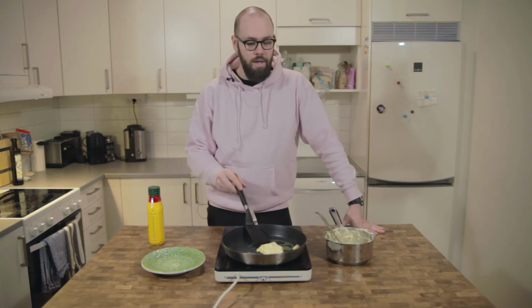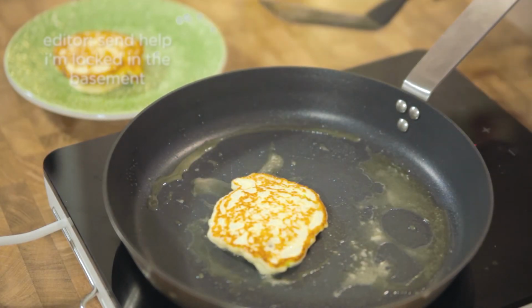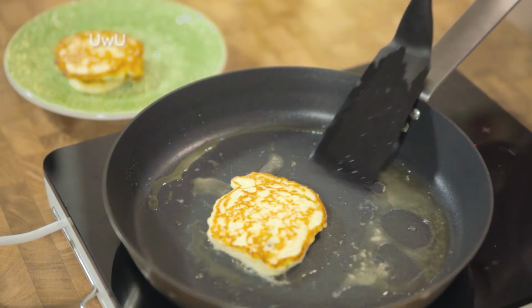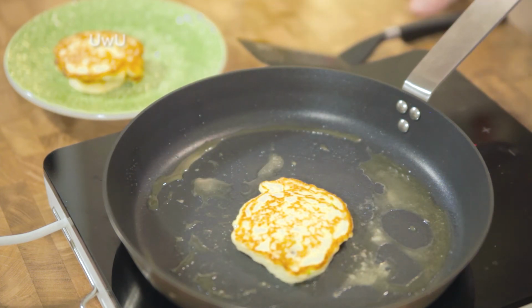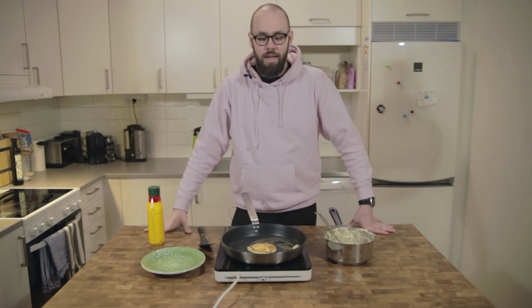And when they get kind of golden brown, you want to gently flip it, and you're gonna see how it kind of moves a little bit, rises maybe a little bit, if you did it right. If not, meh. But also, since you made them thick and with the air bubbles from the egg whites, even if they don't rise, they're still gonna be really fluffy because the egg bubbles are going to get trapped inside of the batter. So this is how you make the fluffiest potato pancakes that you've ever had,